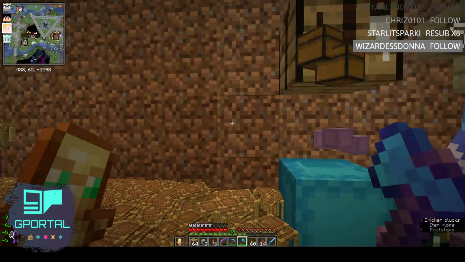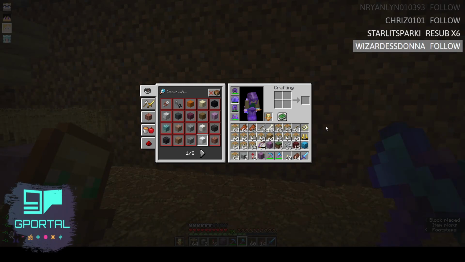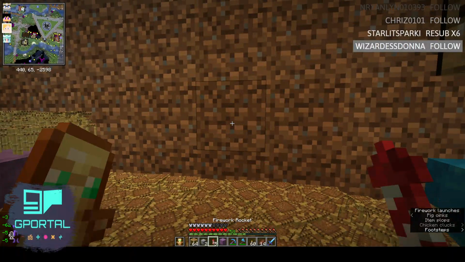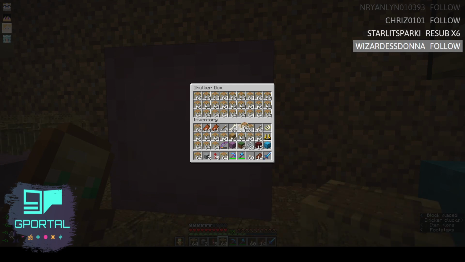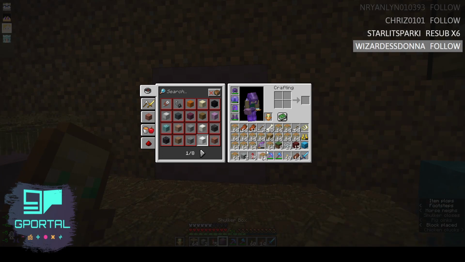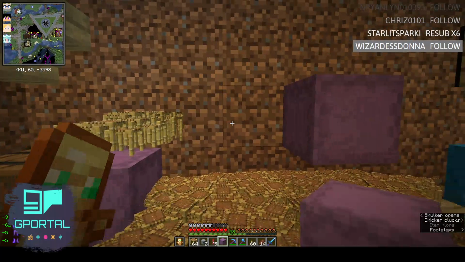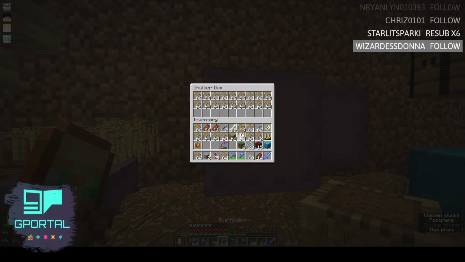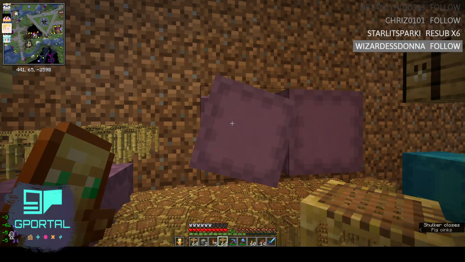I didn't bring enough shulker shells, because my brain is dumb sometimes. Okay, I fudged up.